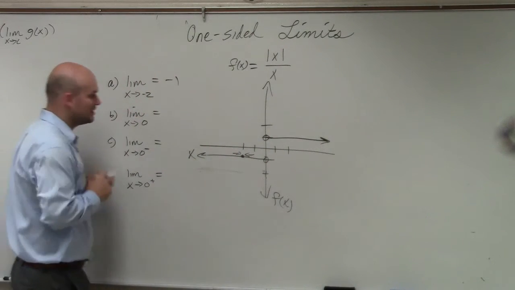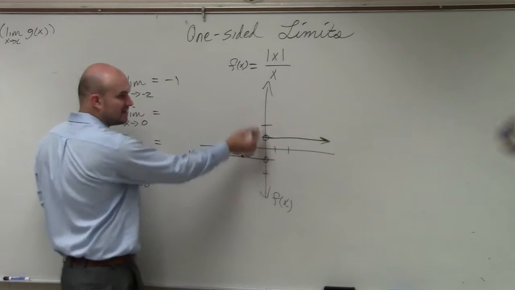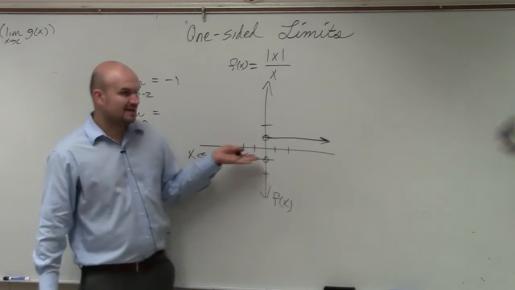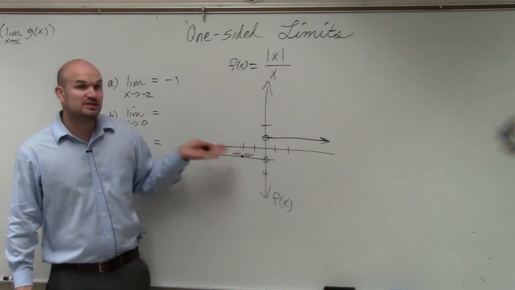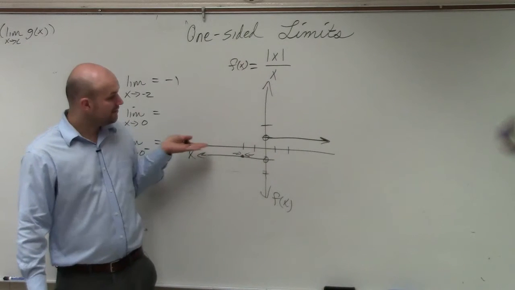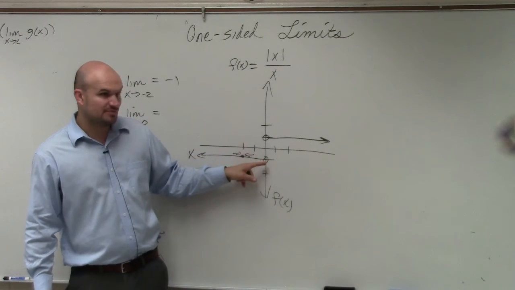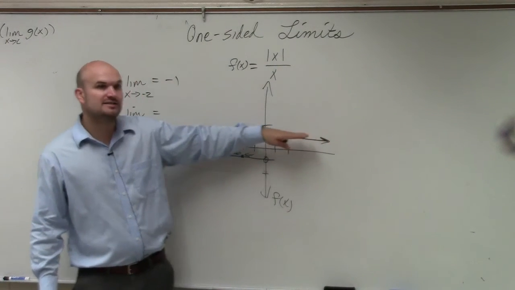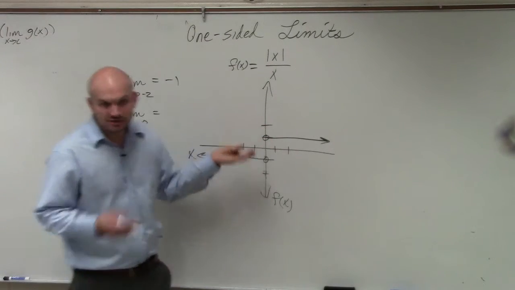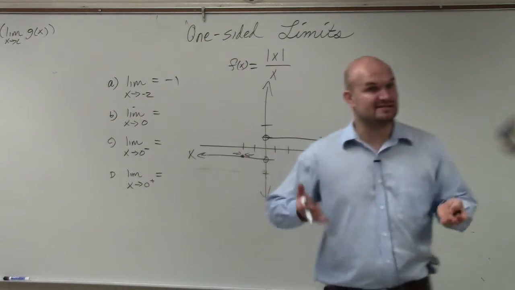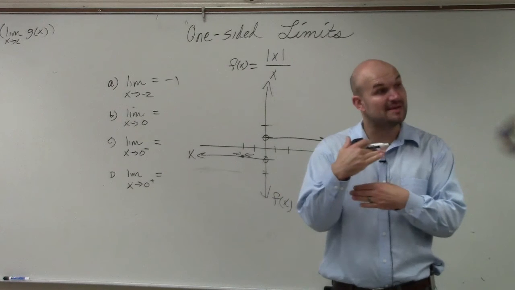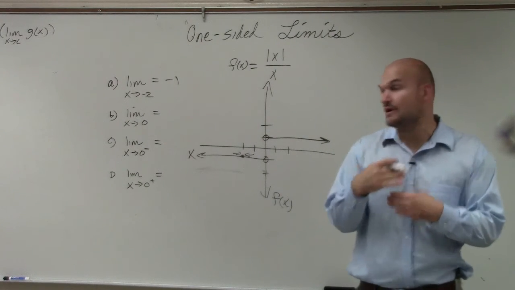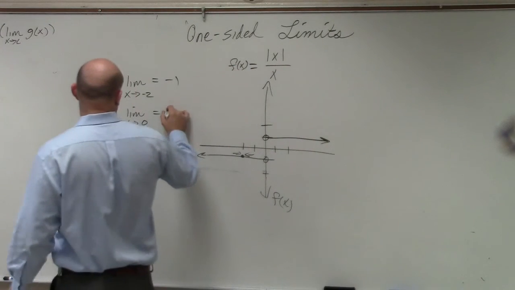However, when we look at the general limit for 0, which is right here, we see that the function is not approaching the same value from the left and from the right. From the left, it seems like it's approaching -1, and from the right, it's approaching +1. So since the limit at 0 is not approaching the same value from left and right, the limit does